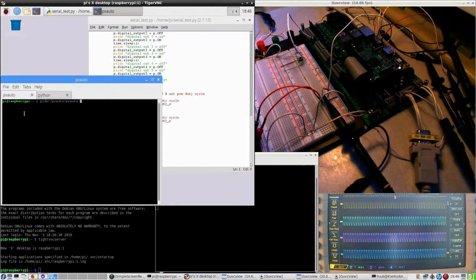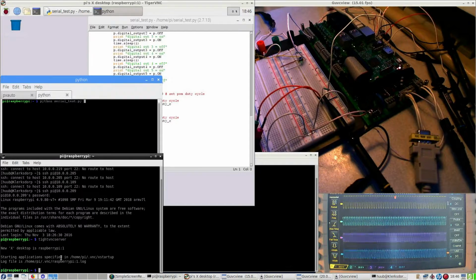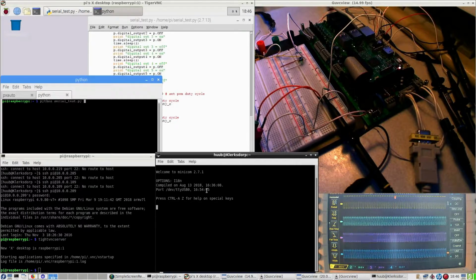PiXtend test environment. Then a terminal in which I start this program. Secure shell to be able to start the VNC server. Serial terminal which doesn't do anything yet. Obviously another camera,